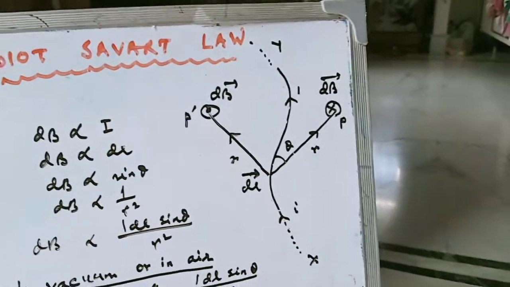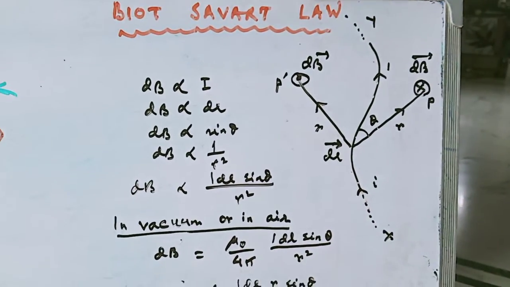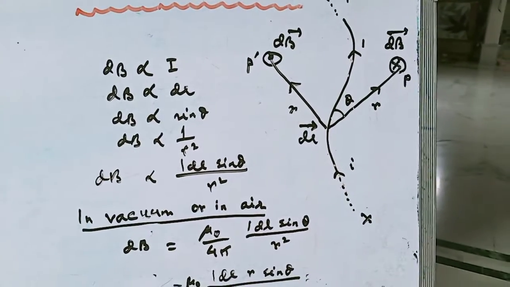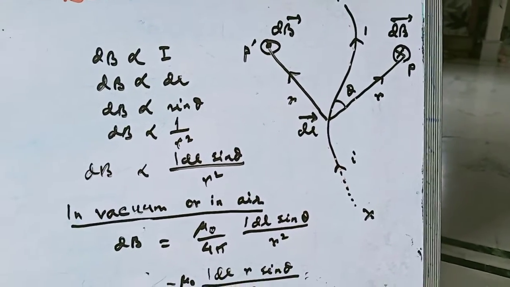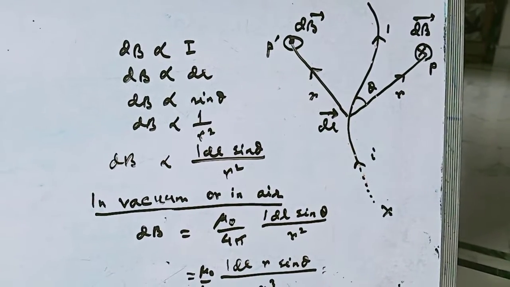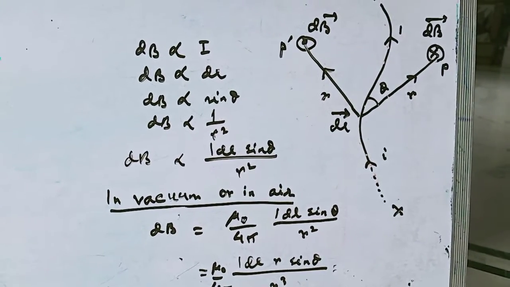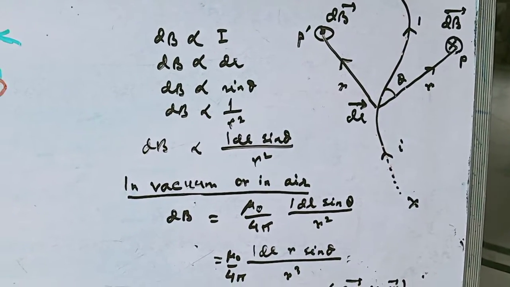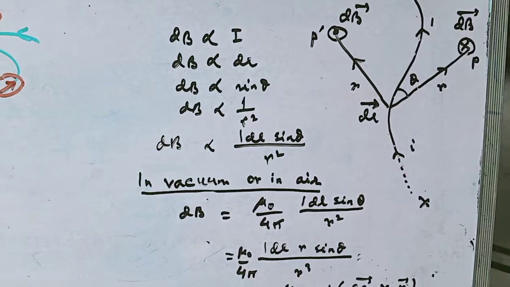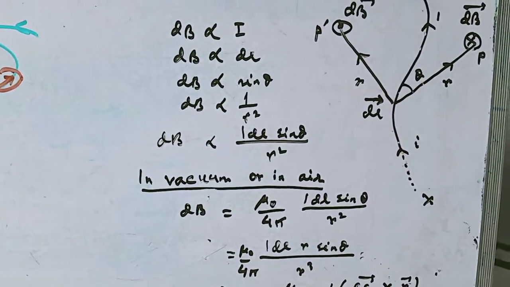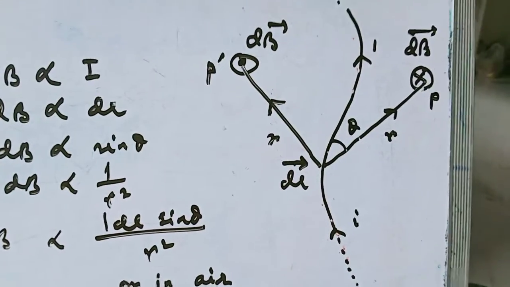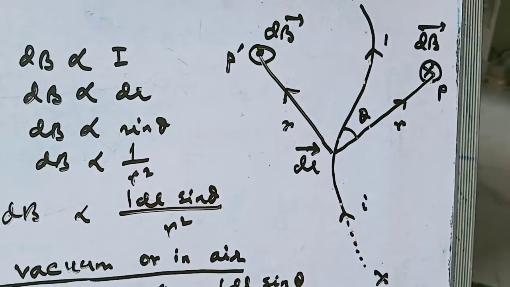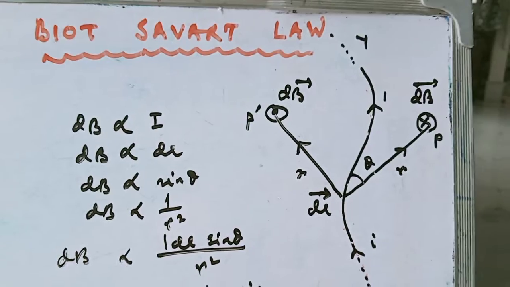We will use the same basic procedure to calculate the magnetic field due to a current. Here XY is a conductor of arbitrary shape, irrespective of the shape, and the current carried by the conductor is I. We are going to find the magnetic field at a nearby point P. What will we do? We will first mentally divide the wire into differential elements dl. So this conductor is divided into several parts dl,